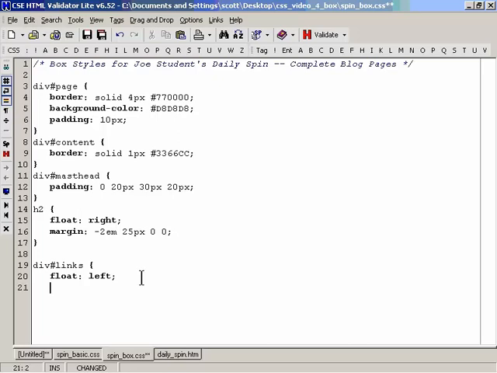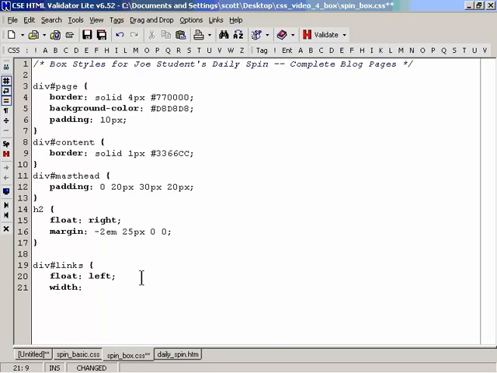But before you'll see much happen, when you float, you've got to specify a width for that. And so for our links area, the width could be expressed in terms of some kind of fixed measurement such as pixels, but instead what I'm going to do is create a little bit more of a fluid design